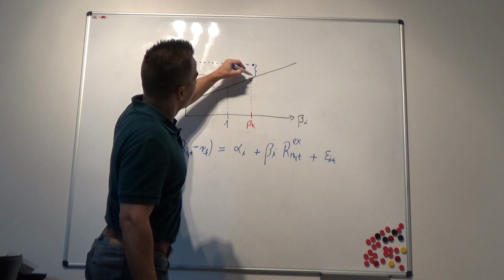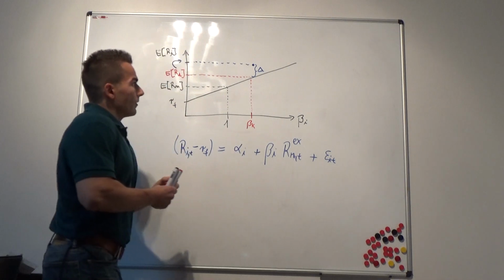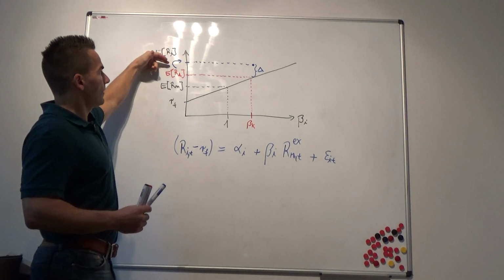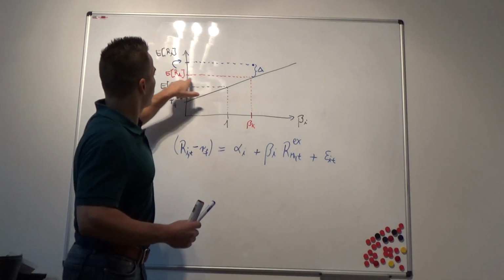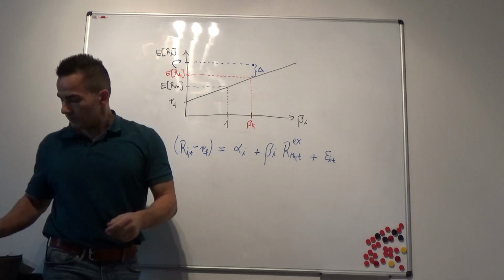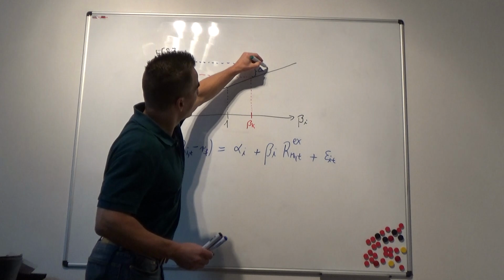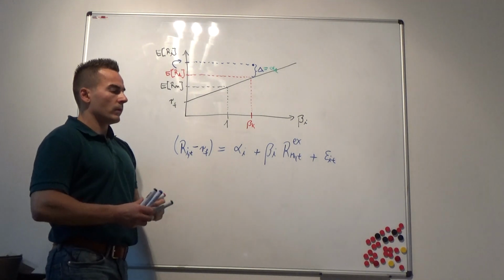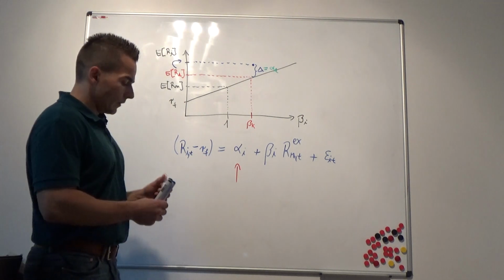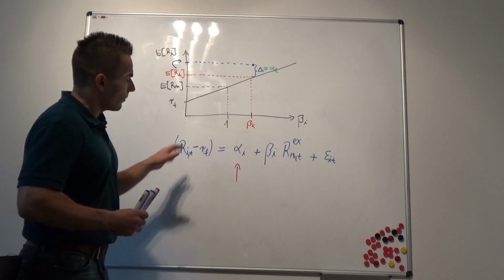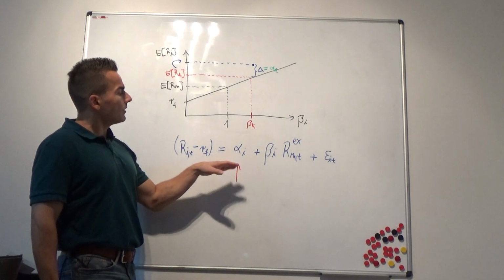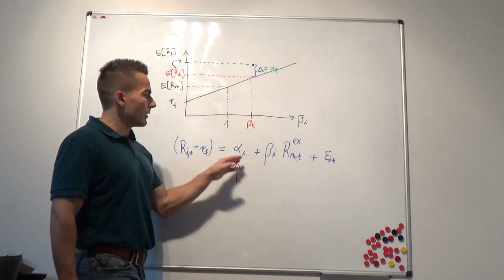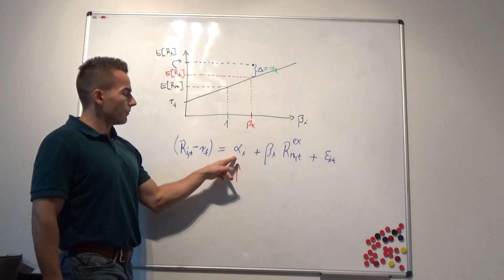So the difference, this delta here, that's the alpha. The difference between the actual return of our asset K and the return predicted by the CAPM, which would be here, that's the alpha. The delta is the alpha K. And basically, it's captured here in our regression equation by the constant. That's our alpha. So in other words, this alpha gives us the systematic part of the epsilon. It's the systematic mispricing. If the alpha is 0, it means